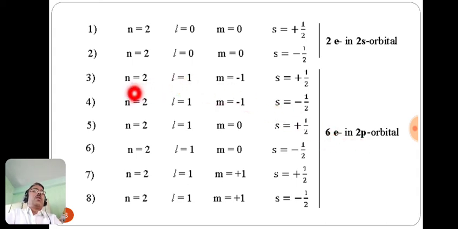The first one is n equals 2, L equals 1 and M equals minus 1, here S equals plus half. Then up to this one it is common, and here it is minus half. So here n equals 2, L equals 1 and M equals 0, S equals plus half. n equals 2, L equals 1, M equals 0 and S equals minus half. So all the sets of 4 quantum numbers do not have identical values. This is nothing but the Pauli's exclusion principle.